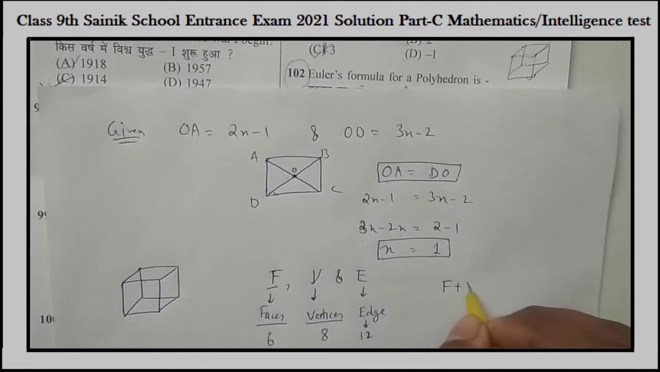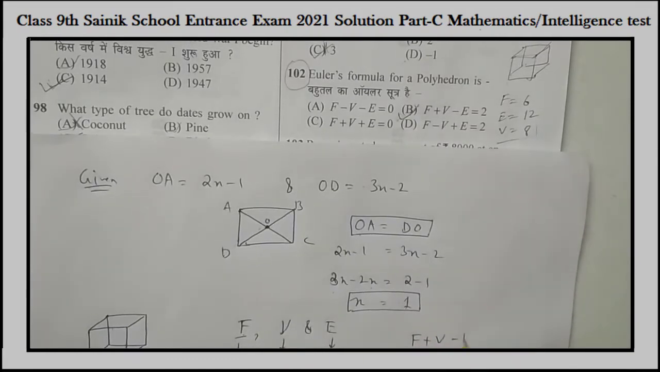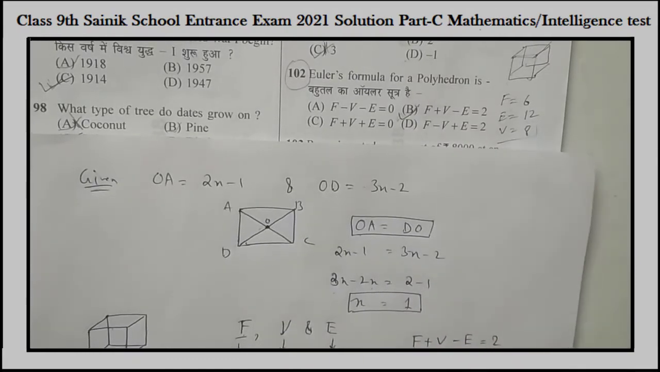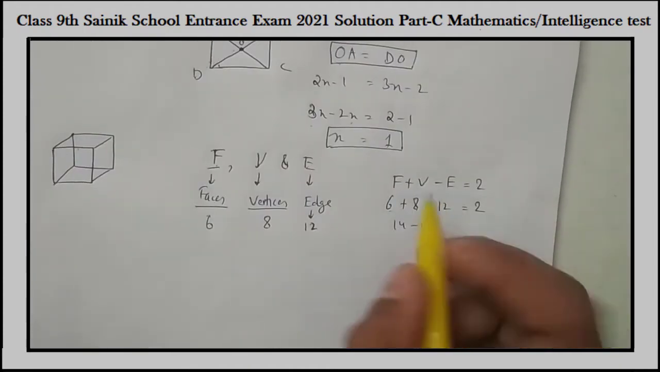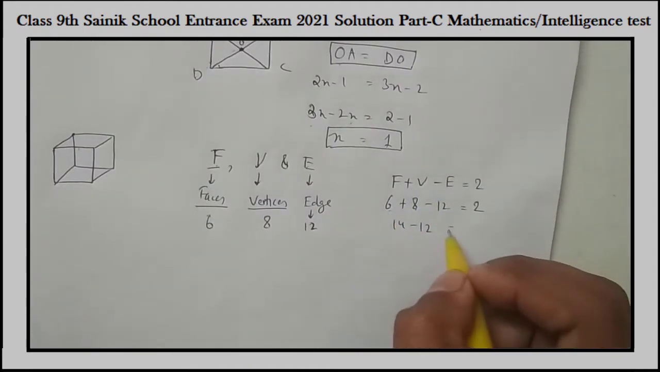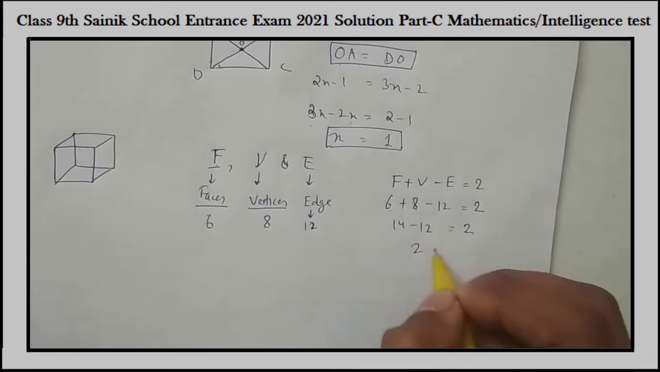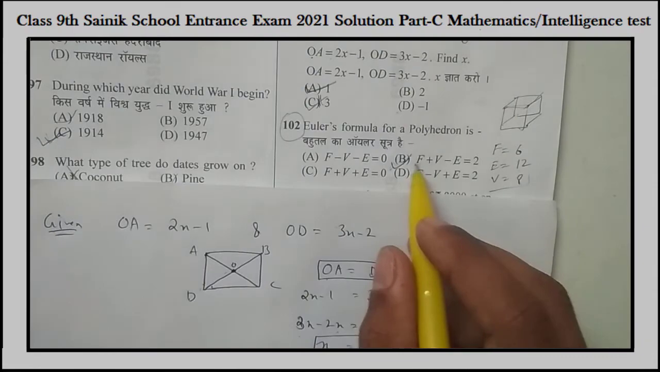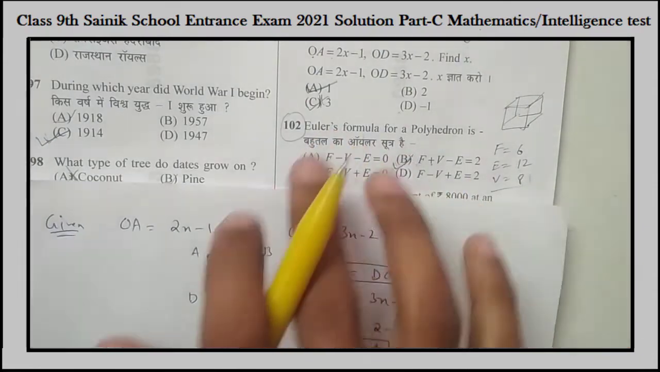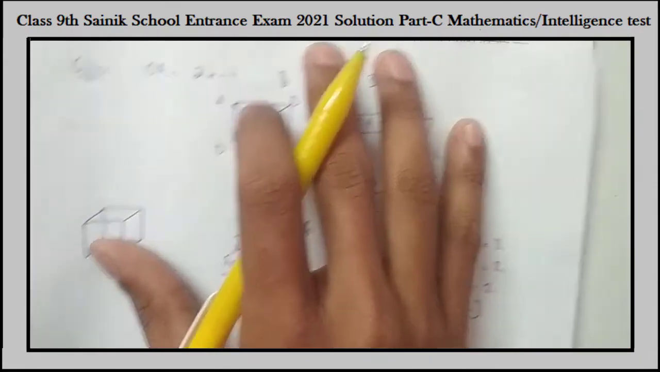F plus V minus E is equal to 2. And when we put the values here, F is 6 plus V is 8 minus 12 is equal to 2. 8 plus 6, 14 minus 12. Sorry. 8 plus 6, 14 minus 12 is equal to 2. 14 minus 12, 2 is equal to 2. And hence the correct option will be B, F plus V minus E is equal to 2. Next question is,